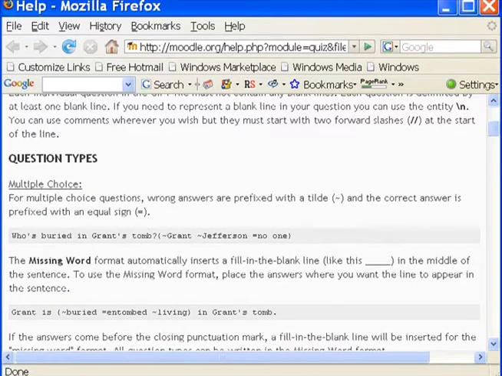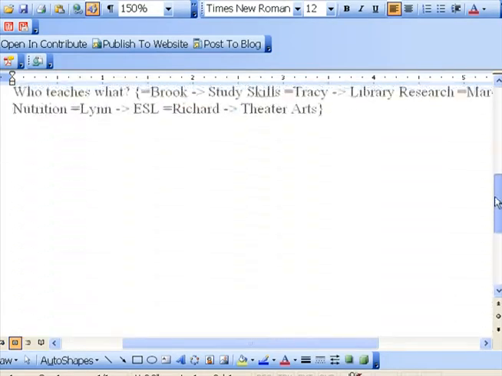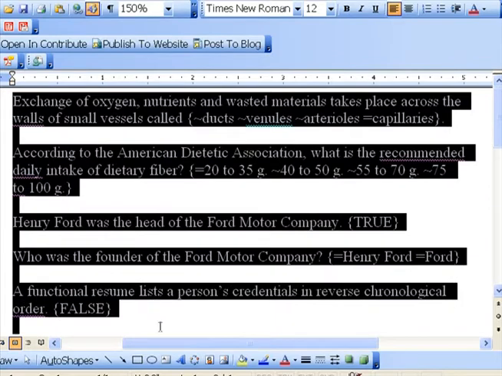And so I've written up a few questions. Actually, they were written by some instructors in an earlier training class. And so this is in Word. This is a document in Word, and I have the questions written up. And you see they look perfect and wonderful, exactly the way the gift format suggests. Now, the problem is, though, a lot of times there is some hidden